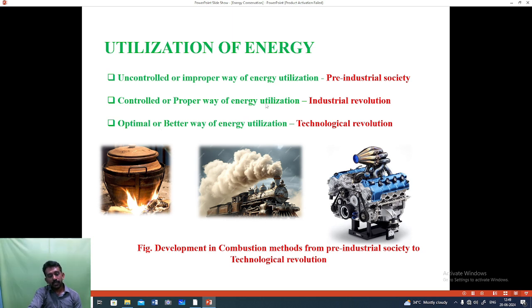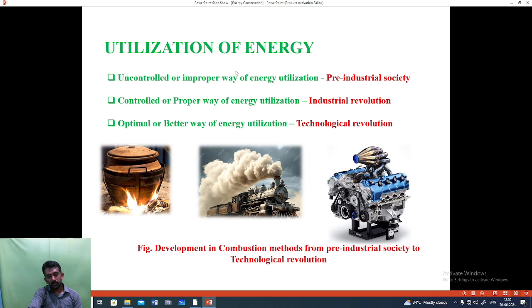And after the era of the pre-industrial society came the industrial revolution. In the industrial revolution, the technicians and engineers planned how to control and properly utilize energy. In this concern, they developed the internal combustion engine in the case of thermal energy, and each and every category of engineering has some controlled way of this type of energy utilization. And further, they improved it, since these machines did not give higher efficiency and we could not extract maximum power. So further, they designed